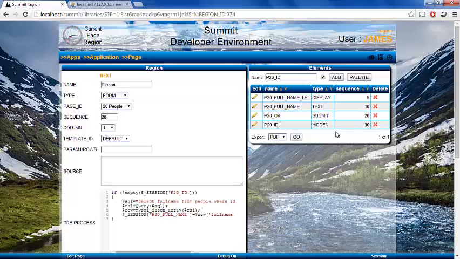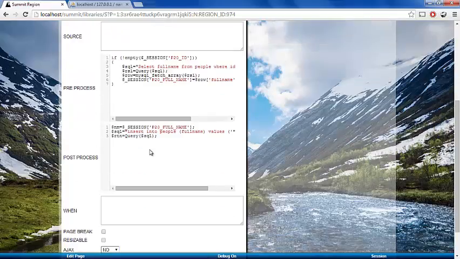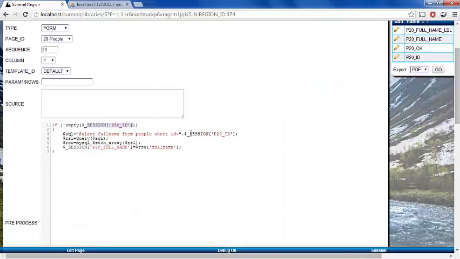This value on the page is going to contain that item that I'm after, and the page now has pre-processing. We saw our post-processing before, where when I press the submit button it's going to insert a value into the table. Well, this one says if that page item out of my session is not empty,